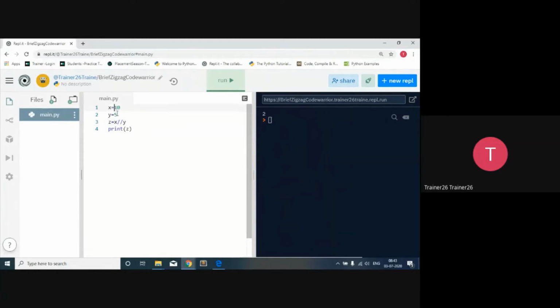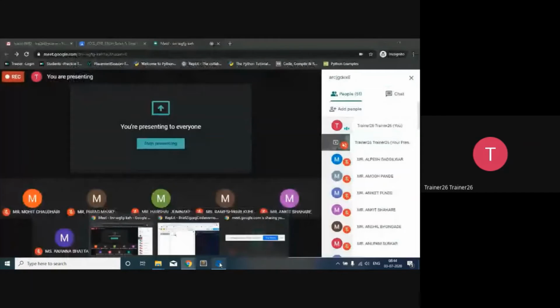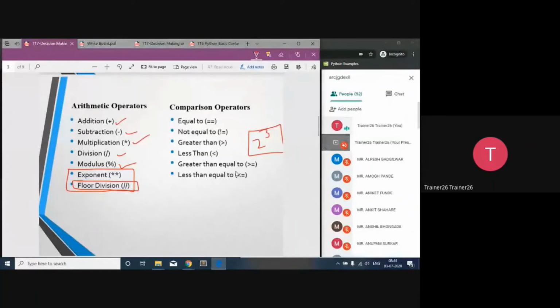But if I say minus 10 and 5, sorry, if I say minus 10 and 5, so it will take the value which is nearer to it, that is the negative value nearer to it. So the basic answer is minus 3.5, and after that it will go towards the negative end. So that's why the answer is going to come as minus 4. That is called floor division. So over here, the floor division concept is also available in the arithmetic operator.